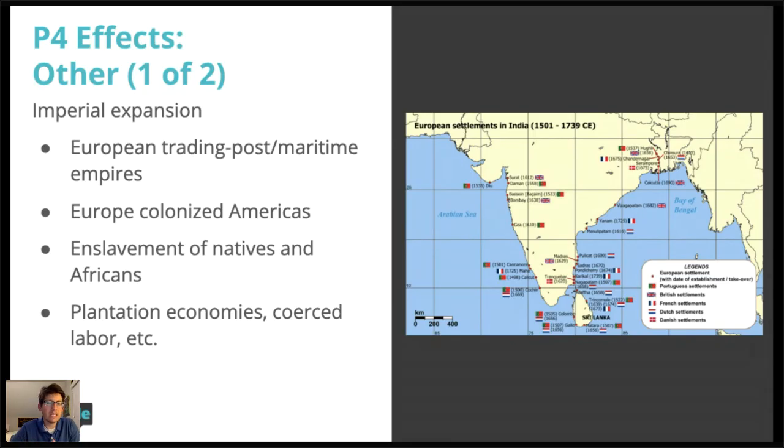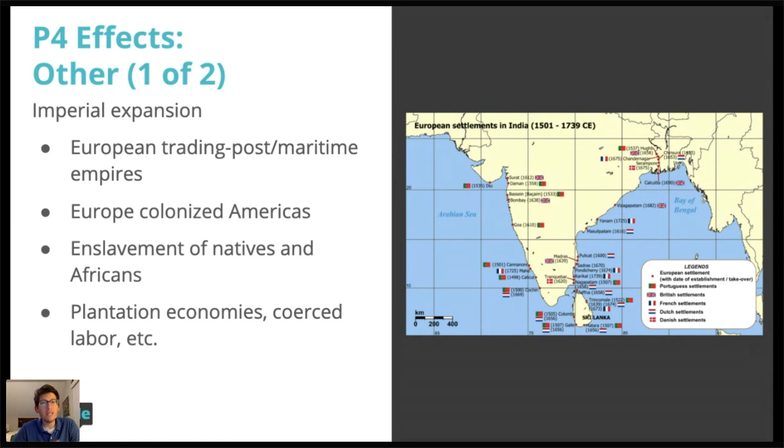So something to keep in mind, right? How trade can actually lead to the expansion of empires because they have the money to do so. With the scientific innovation that comes out of it, they may have the power to do so. And certainly they have the drive, they have the motivation to do so. More access to those goods and trade.